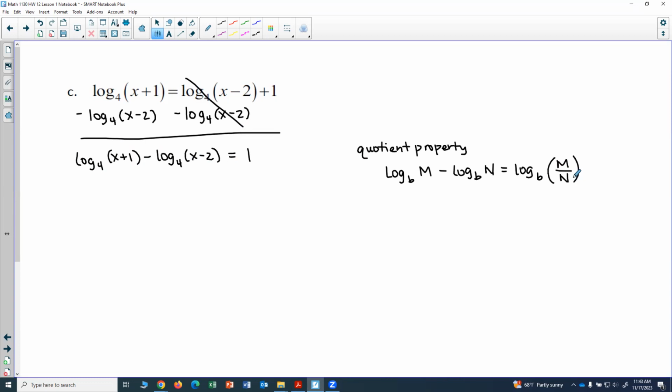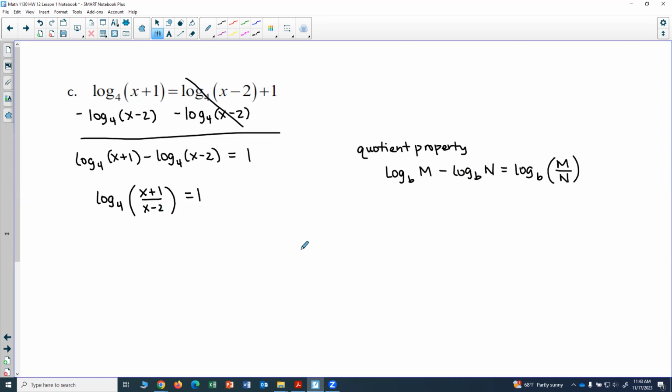So whichever log is being subtracted, the argument of that log becomes the denominator of the argument of the new log. So this will be log base 4 of parentheses x plus 1 over x minus 2